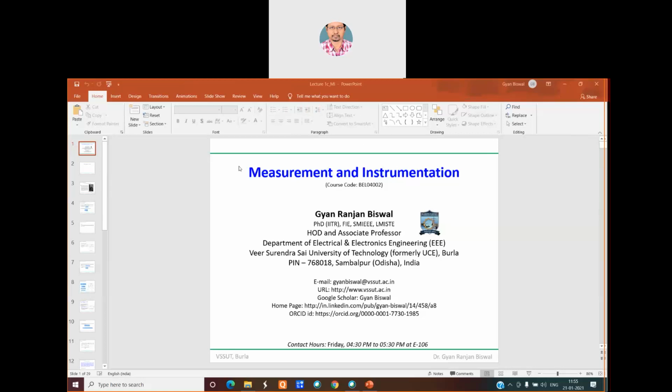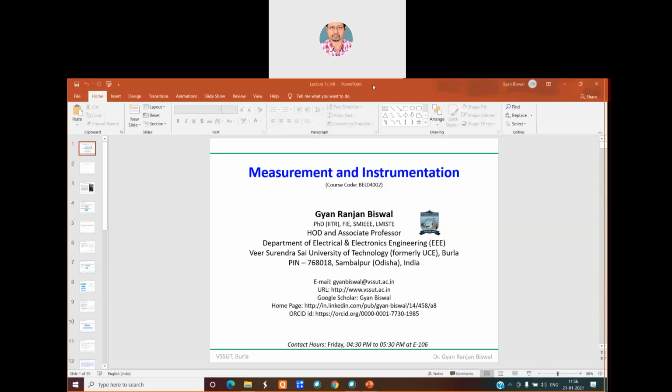So as far as the last two lectures are concerned, we tried to understand the basics of measurement and instrumentation, and at the same time, we also tried to classify the measurement and instrumentation. We also saw the definition of instrumentation, instruments, measurement, and followed by that, we are also supposed to